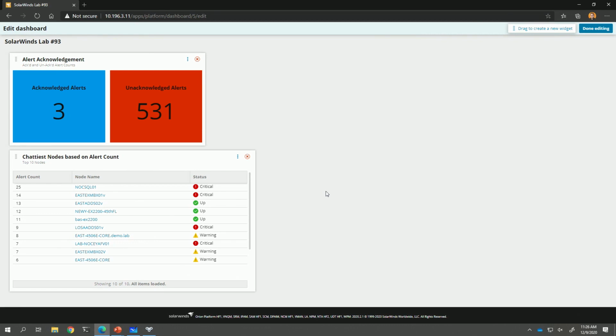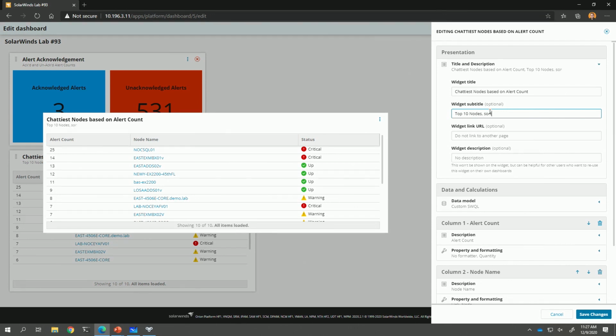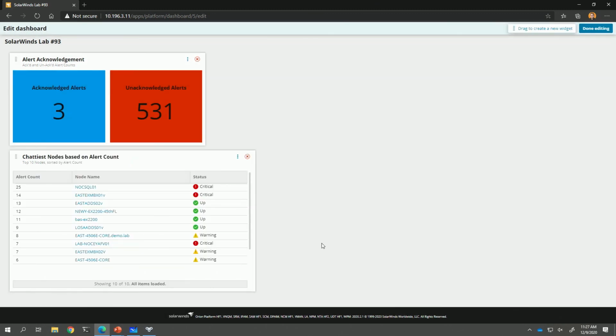I like to put the information on the filtering and or the sizing of this particular widget in the subtitle, like I already did where I said top 10. And sorting is really critical here. Now that doesn't mean you can't go back and manually sort these when they're done, but I like to have the sort there from jump. And in fact, I probably should have put it in here. It's kind of implied, but let's be completely transparent here. There we go. Top 10 nodes sorted by alert count. Okay, I feel better about that.